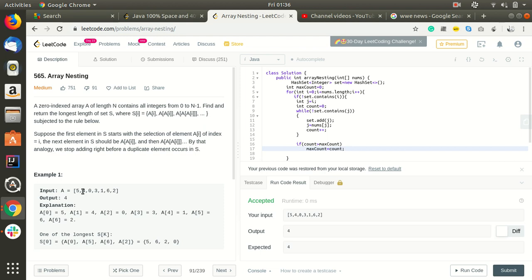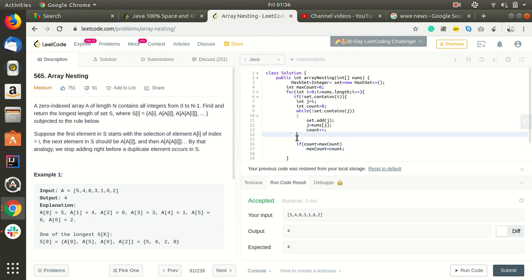Now a[1] is 4, then we'll go for 1, this is 4, 1, we'll go over here, and again this 1 is 4, so it will return only a count of 2. So if we search every possible way in this, then we'll get 4 as the maximum, which is a[0], a[5], a[6] and a[2] of different indexes.